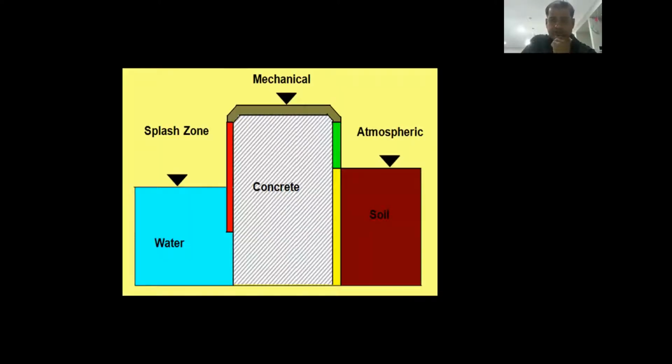Here is another good example. You can see poor concrete is being subjected to, if you see the right side, sulfates in soil. In the atmosphere, you have atmospheric carbon dioxide, you have airborne salts and chloride that will attack your concrete. Mechanical, you have wear and tear of your concrete in workshops, in car parks, and bridge structures probably. And on the left side, you can see the red part is the most dangerous, the most critical